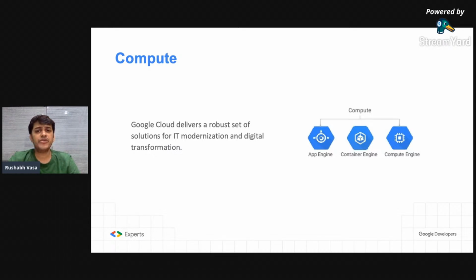You also have Compute Engine. Compute is offered as infrastructure as a service, where you can create your own virtual machine instances for your workload hosting, and you can customize and configure them the way you want, how much RAM, how much memory, and how much space you want. That's all customizable. And then there is storage as well.